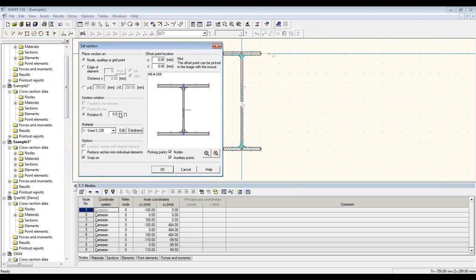I want to define a rotation, as you saw from the preview. I'll have a rotated I section attached to the web, and here is where I define which part of the section I'm deciding my placement by. So at the moment I have the center one selected, so if I go to the window and pick this node here, the center will be placed there. So first I want to go in and choose the one on the left side,